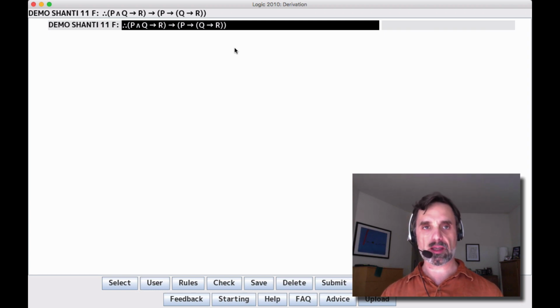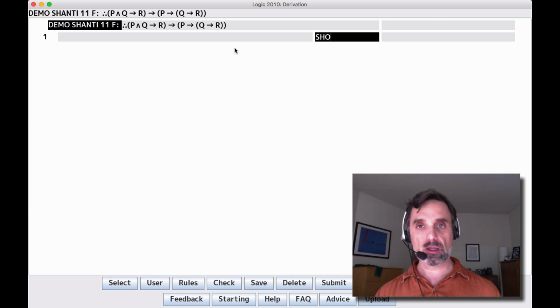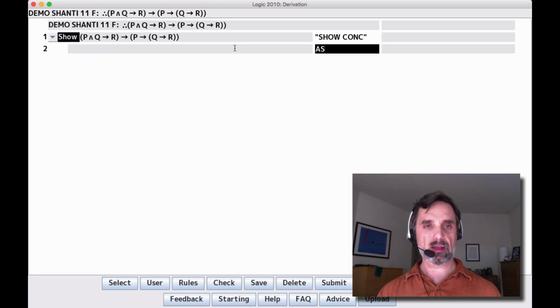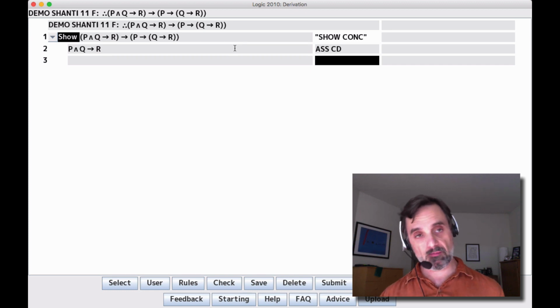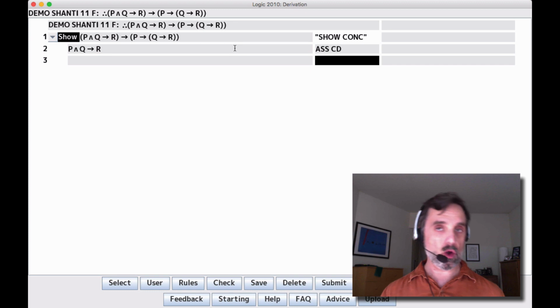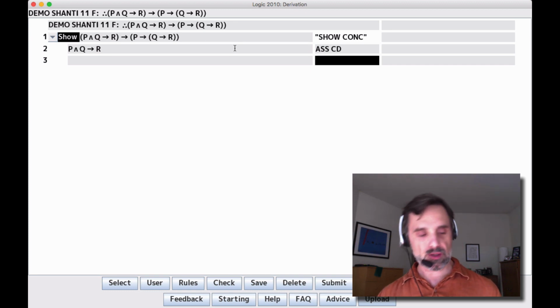Okay, here is an example of another derivation with subderivations, requiring subderivations. So we'll say show conclusion, and it's a conditional, so we'll make our assumption. There are no premises. We would like to apply inference rules, but we need either P and Q or not R, neither of which we have, so there are no inference rules to be applied, so we need to do